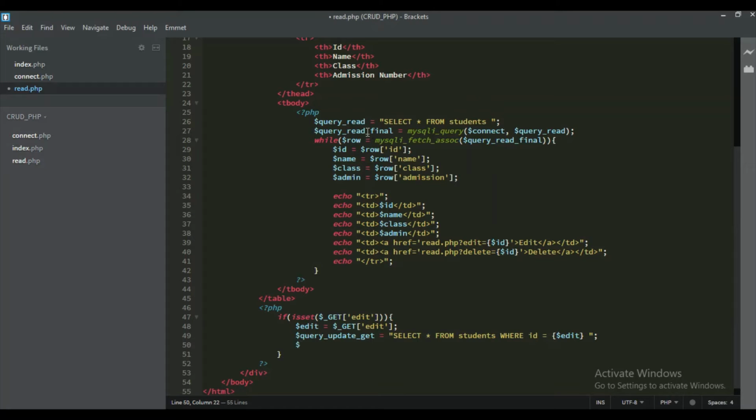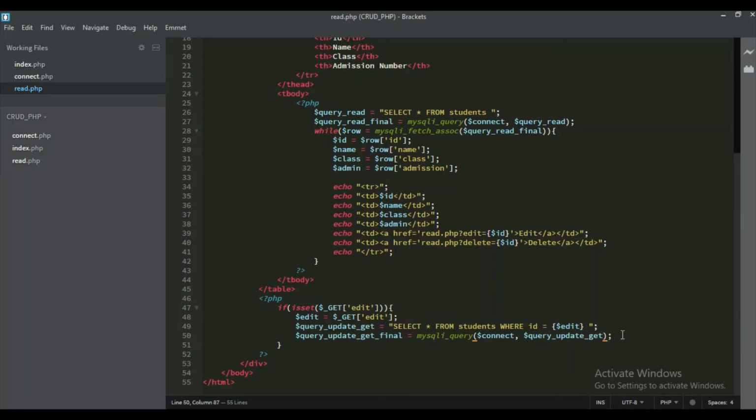And I will put in another final query. I do this to make my code a lot neater. I'll just copy this because it's the same. I need to replace this variable only. I'll just replace this variable with this variable. Okay, so now this part is also done, and now it has selected all the data from the